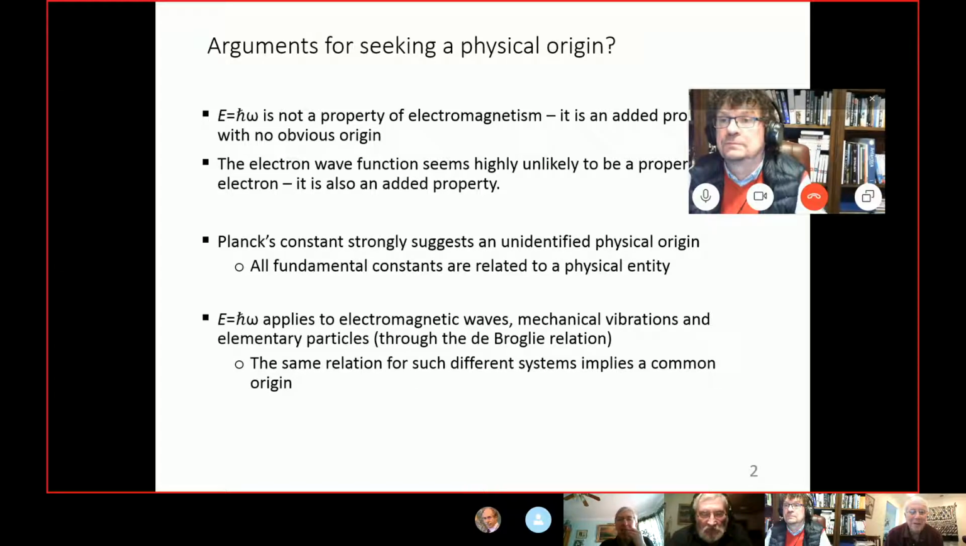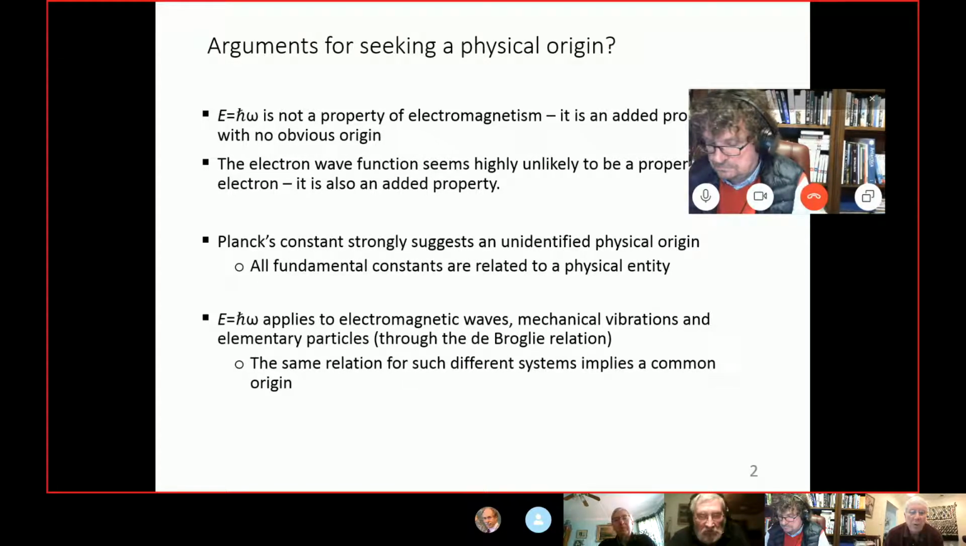Going on. Planck's constant, all of the constants of physics, relate to some physical entity. And so the fact that quantum mechanics introduces a fundamental constant assumes that it's the property of, or related to, some physical entity. And then another thing to say is that the relationship E equals h bar omega